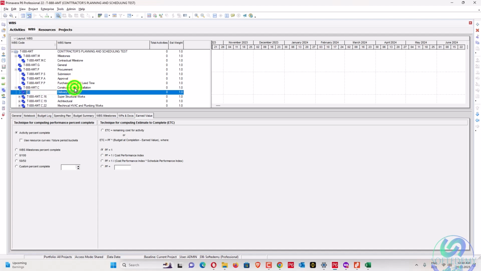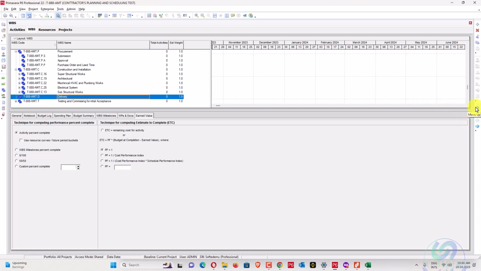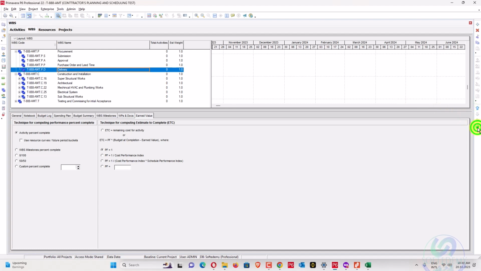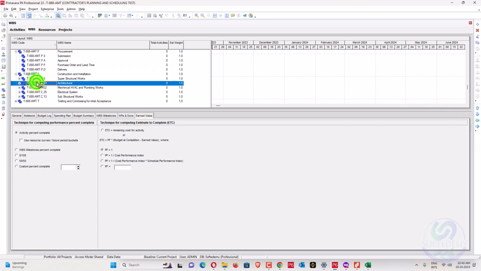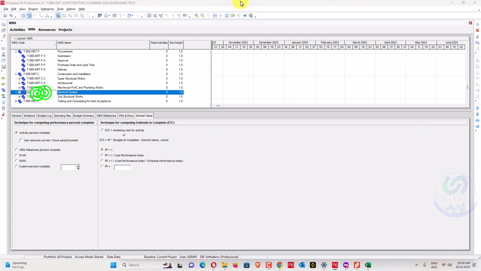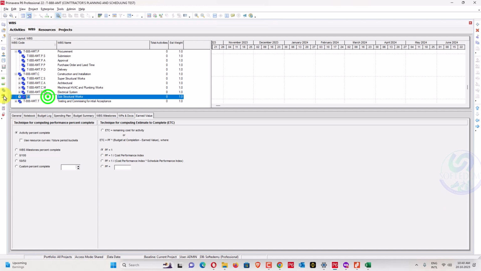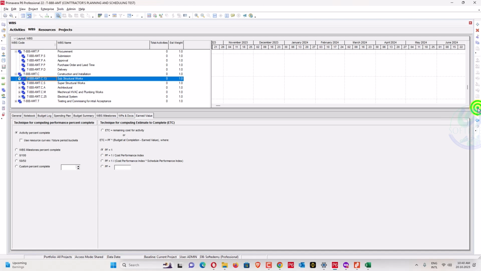Okay, delivery is below this one. Okay, so you can move this one. Okay, so superstructure is S, A, M, E, S. So substructure is just below, just go to the top.